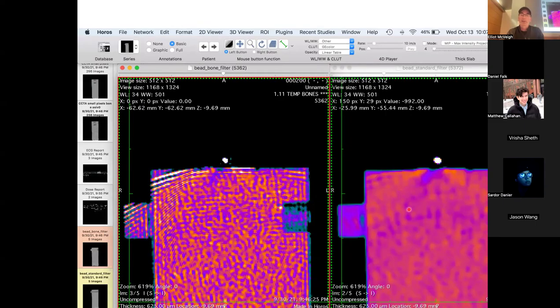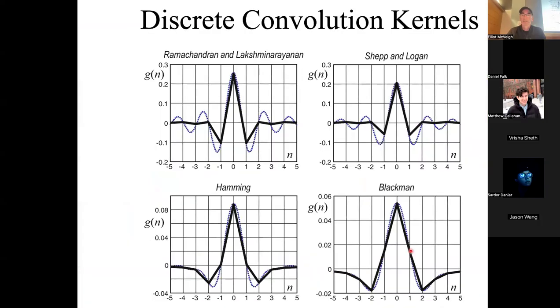Here's an example from our scanner here. I put a phantom in, you do what's called a bone acquisition, and that uses something that's very close to a Ramlock filter. It's not exactly Ramlock, but you can see there's a lot more noise, right? So a lot of high frequency data comes through, and there's high frequency artifacts off of very sharp, big devices that aren't on a perfect edge. And this is a more standard, like Hamming filter that causes more acceptable signal to noise for a clinician. Okay,